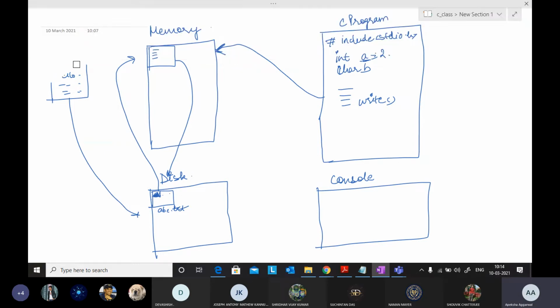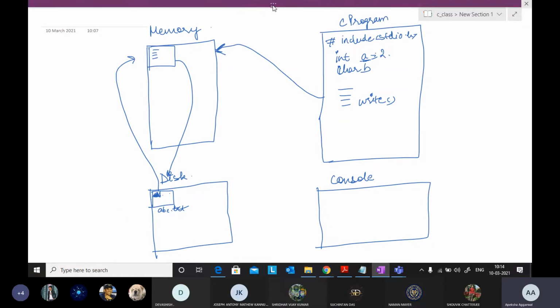Where is my eraser? So I will delete extra things from here. Okay, so now this abc.txt file is stored on my disk. You can open this with multiple programs: with Python, with a C program, with any program, right? Whenever you have a file like abc.txt, a text file, or any data file like CSV, you can perform multiple operations on it.